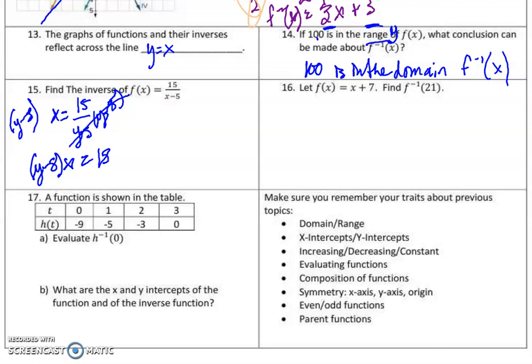Now there's a couple things you can do from here. You can distribute or you can divide by the x. I'm going to distribute to get xy minus 5x equals 15. Next step to get y by itself is to add 5x to both sides. So xy equals 15 plus